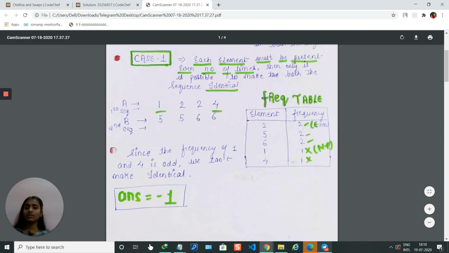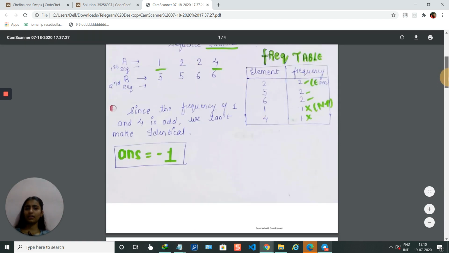From here we can predict it's impossible to make both sequences identical, because on one side the frequency of 1 will be 1 and on the other side it will be 0. In this example the frequencies of 1 and 4 are odd, so we can't make it identical. So we will print answer equal to -1.